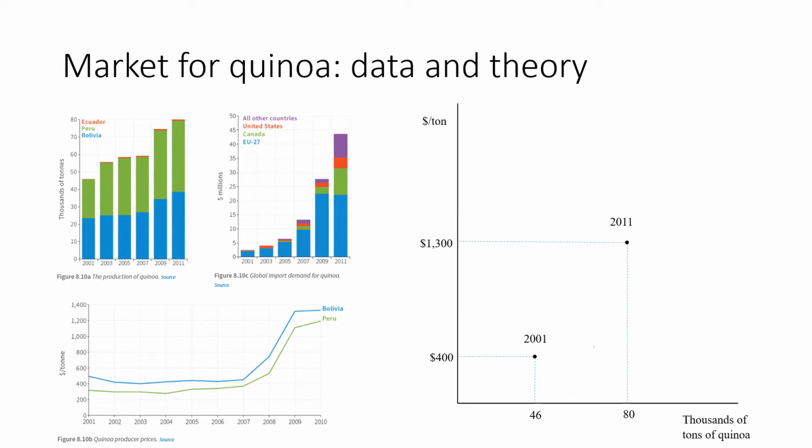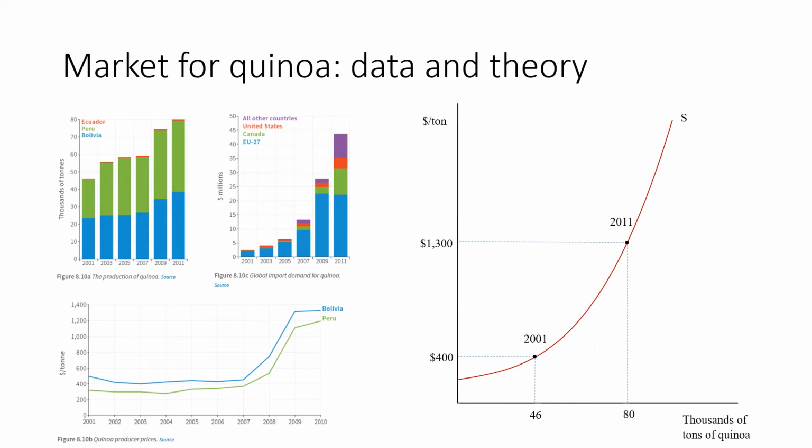But we can make the assumption that if all that changed was an increase in demand, then both these points would have been on a single supply curve. And here I drew this supply curve as a curve, actually, to make sure that it never hit zero. If it had been a straight line, we would have had a negative marginal cost for very low amounts of quinoa, which doesn't make any sense. Presumably, every ton of quinoa you produce costs something to produce. Maybe the first ton costs as little as $200 to produce, perhaps because some land is particularly well suited for quinoa production, or some farmers are particularly good at farming quinoa.